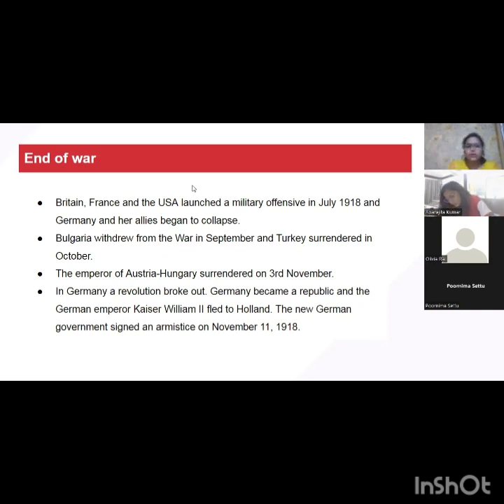Okay, so why is it called the Weimar Republic? Because the constitution of this government was written in a city called Weimar, so it is called the Weimar Republic. Ultimately, Germany became a republic, a parliamentary democracy, because the king fled to Holland, and it was this government, the Weimar Republic, which took the decision of armistice.